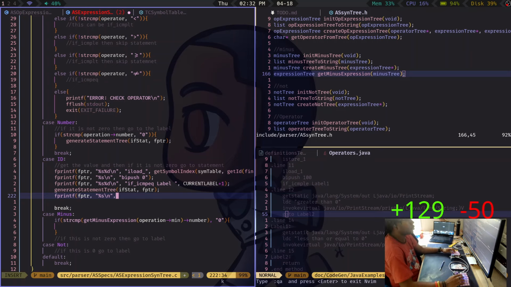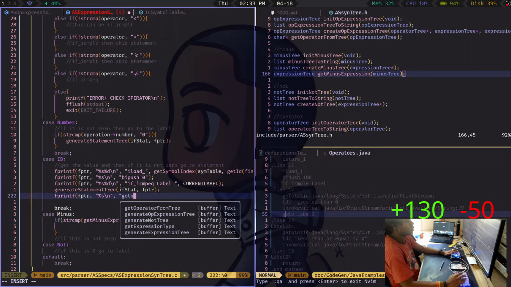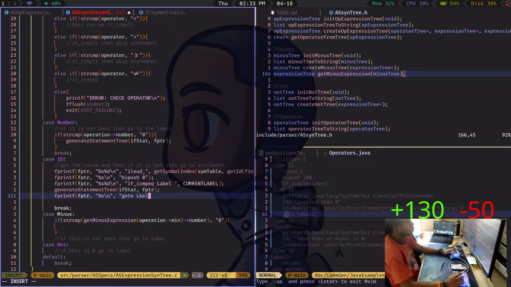Oh no, this label is just what the current label is. Then we say what the current one is, and then we say go to label.